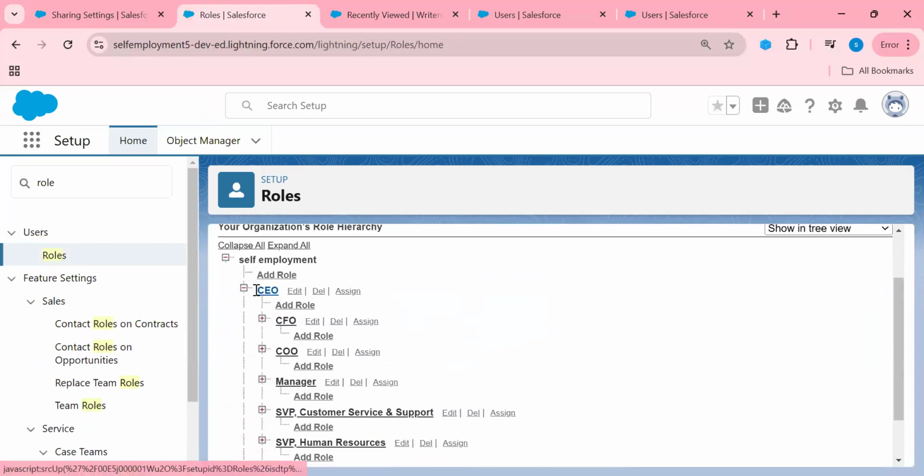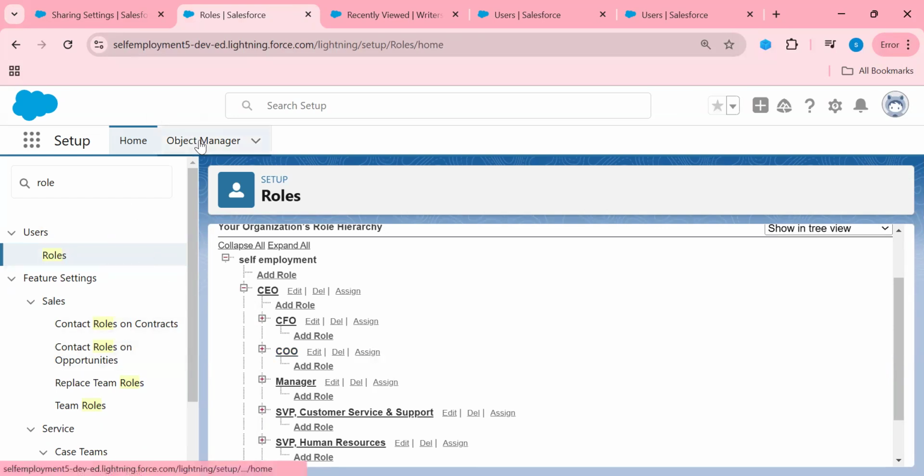See here, I have an active user, CEO, and manager. So this CEO wants to share his record with this manager, right? So how can he share his record with this manager? By creating the sharing rule, because our role hierarchy is not active, not checked, and these are not falling in the role hierarchy as per the assessment, right?